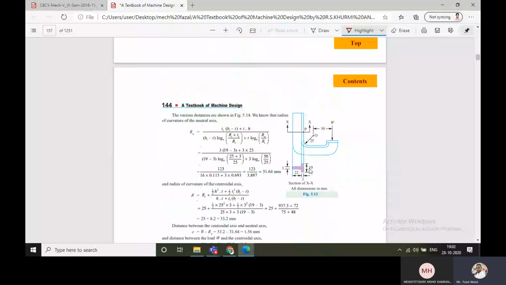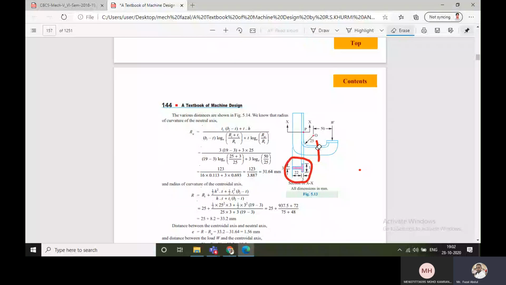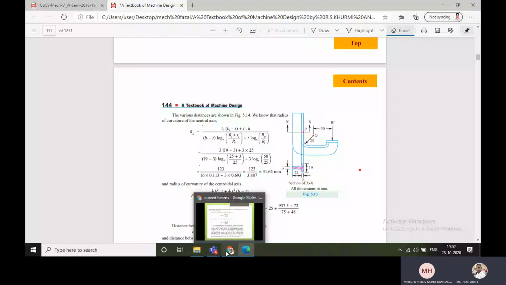The shape is given like this, and if we cut here, wherever you see, if you cut like this or if you cut like this, the shape appears like this. What type of shape is appearing here? T shape appearing. So if the T shape is appearing, what you need to do? You need to recall the formulas related to the T shape. Such type of shape formulas you need to recall.